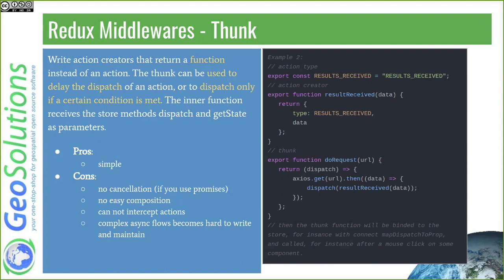And in this case, you have no way to cancel this request, because you cannot call other functions to intercept these actions or these asynchronous things and stop it. I cannot compose them together. For instance, if I click a lot on the button, I have to prevent this function from being called two or three times at the same time. And I have no way here to intercept a second call and